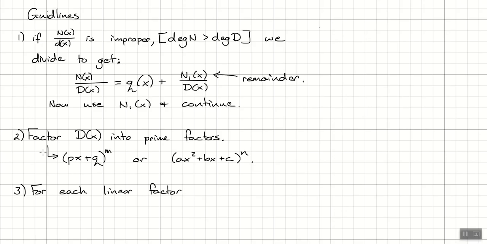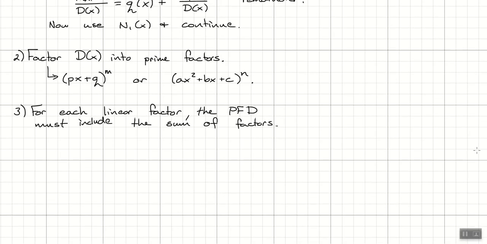On this line right here, which of those factors is our linear factor? The left one, px plus q, because it's just x to the first power. Okay, for each linear factor, the partial fraction decomposition, PFD, must include the sum of factors. Very specifically, what this means in this situation is that if we have these, let's say this number